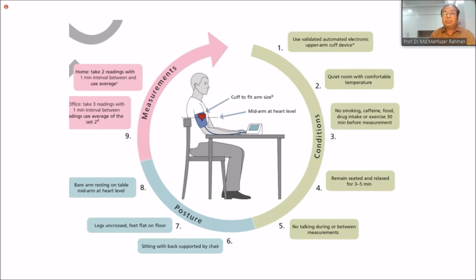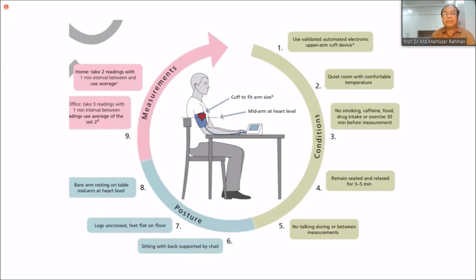The patient should avoid smoking, coffee, full beverage, drugs, or exercise at least 30 minutes before measurement of blood pressure. And the environment should remain quiet, with a comfortable temperature, in a quiet room. And the first important one is that we should use a validated and automated electronic upper arm